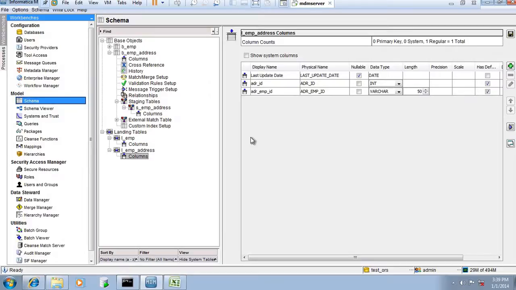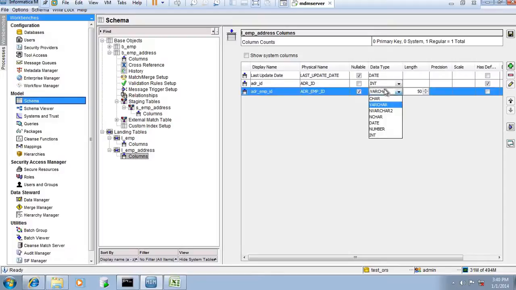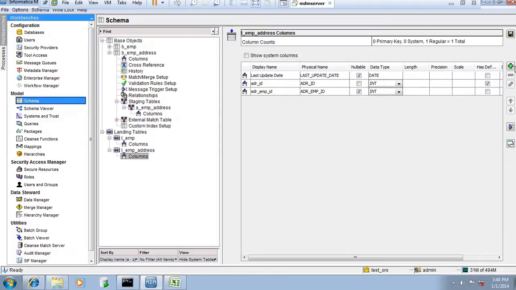Just a minute. Yeah, this is the foreign key, right? So address ID is the primary key in the address table, that could not be nullable. Address EMP ID could be nullable, so we can put it null and int. And the next field is address, which will contain the actual value of the address. So which could be varchar 100.